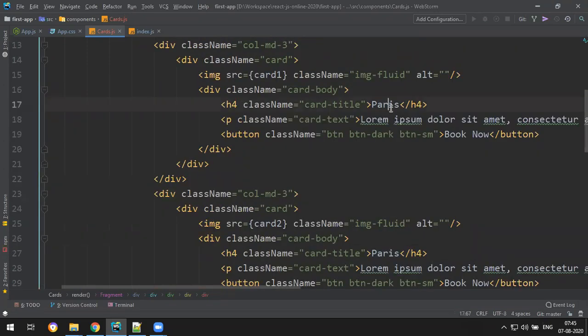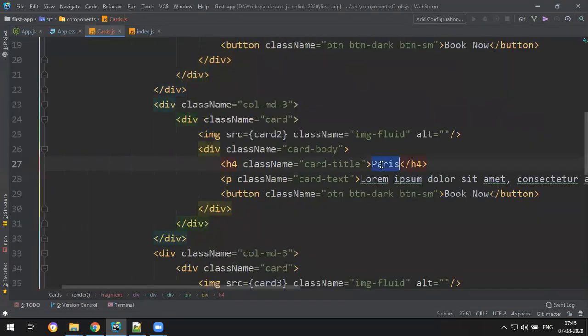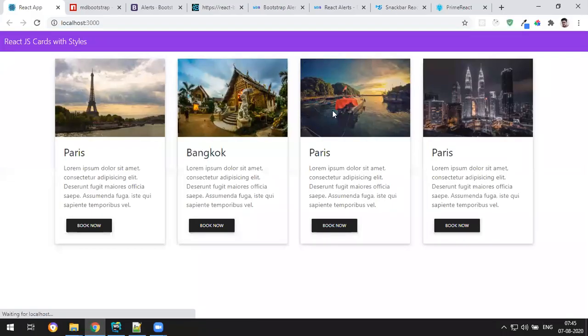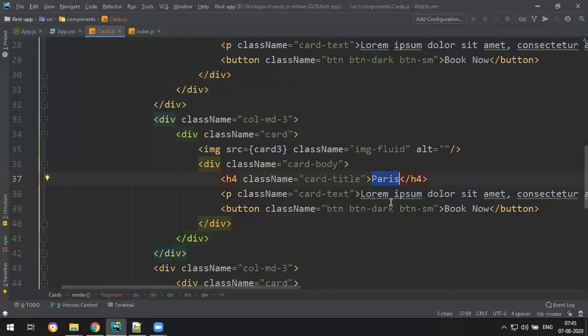This is Paris, and the second one I think is Bangkok, and the third one I don't know, it is Indonesia. Spelling wrong?